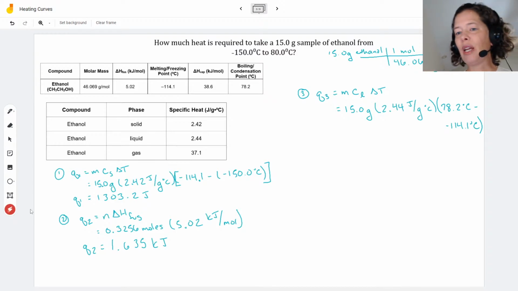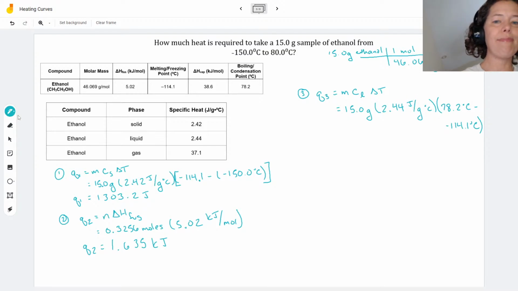So again, let's make sure that units cancel. The grams are going to cancel. The Celsius is going to cancel. And I'm going to be left with joules for this Q3. So I have Q3 is going to be